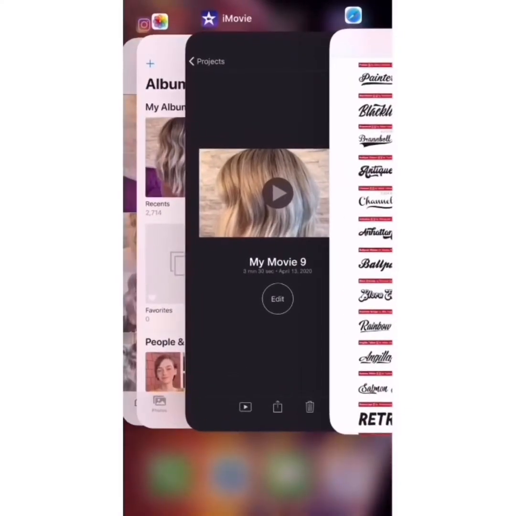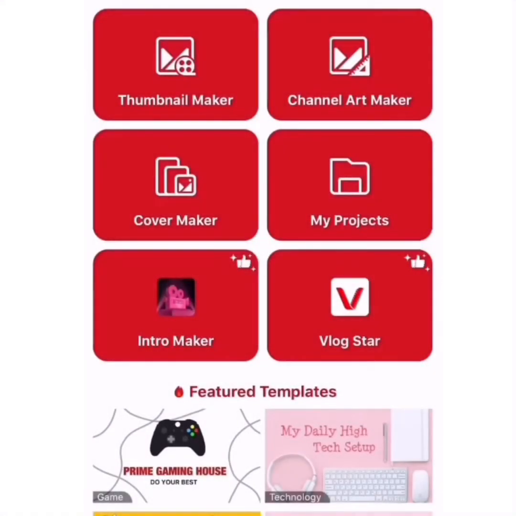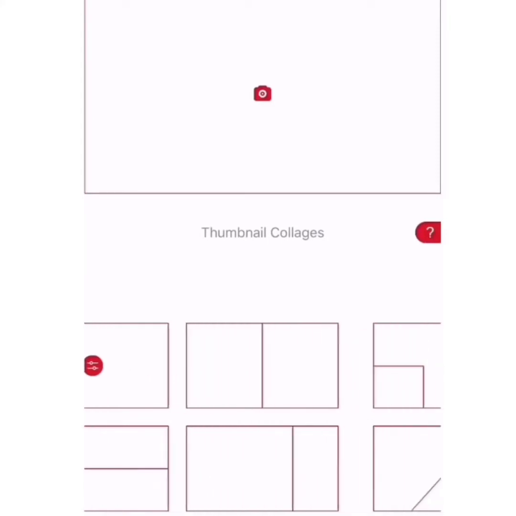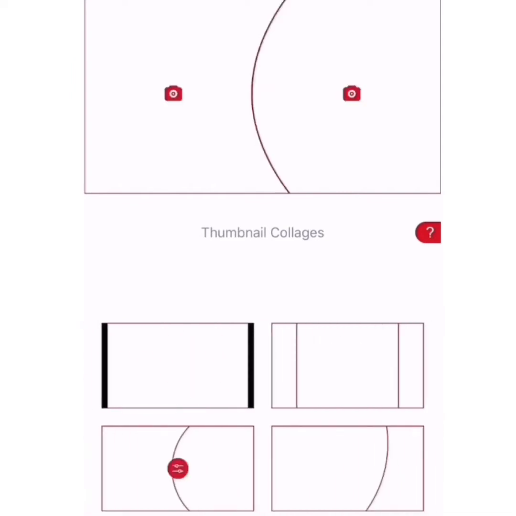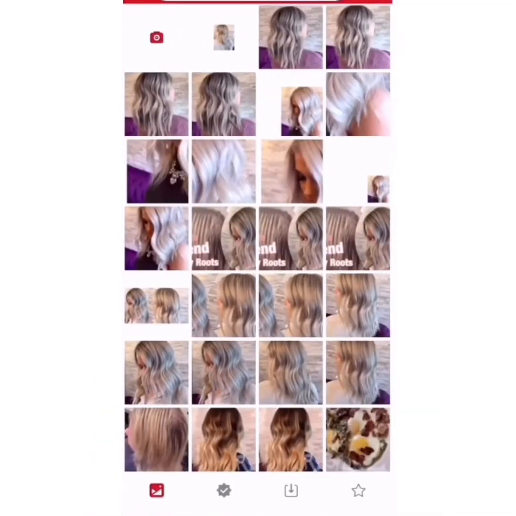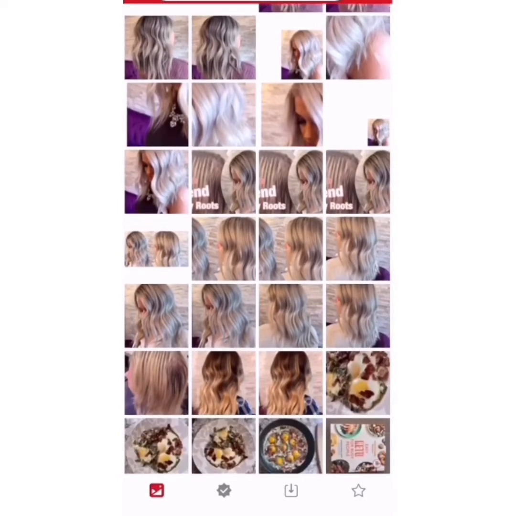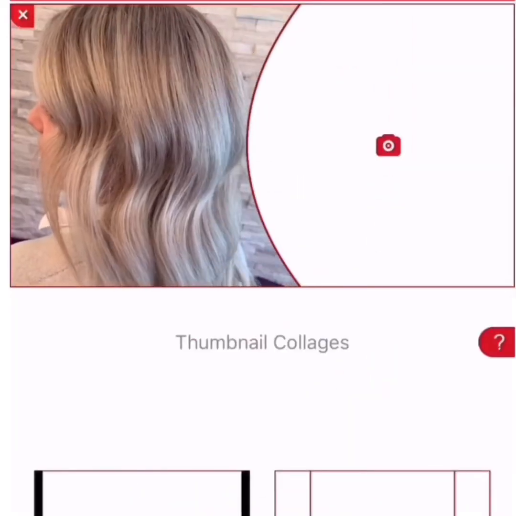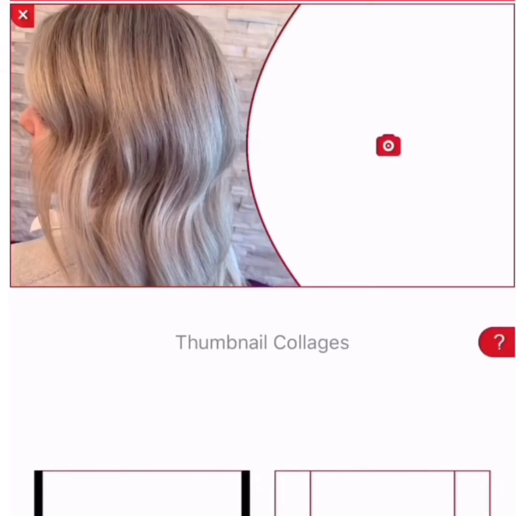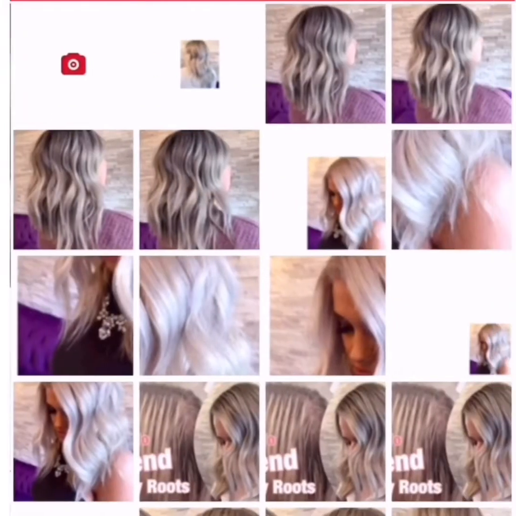This is probably the most important part of making your video right now, and it's the thumbnail. This is an app that I found, and if you don't have anything to make a thumbnail, then honestly your videos are not going to do good at all. I did a lot of research when I first started my YouTube channel, and I learned that if you do not have a good thumbnail, and you also are not in charge of what your thumbnail is, if you cannot customize it, YouTube will just set your thumbnail at whatever part in the video that it wants it to be. So you have to be really good at creating your thumbnail, be creative,